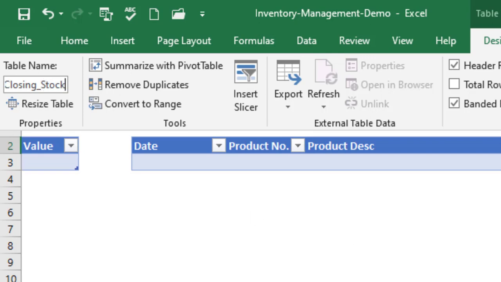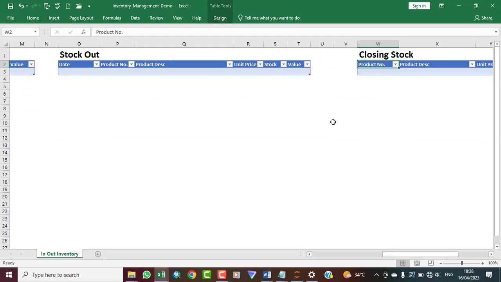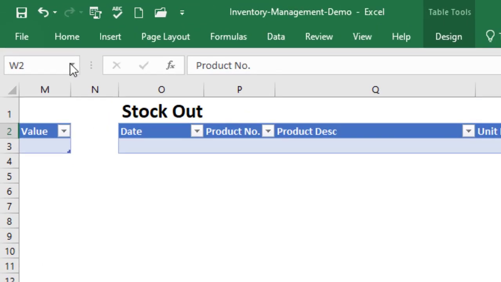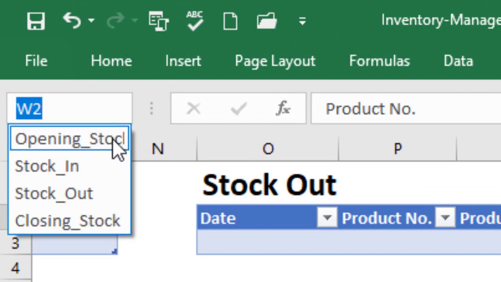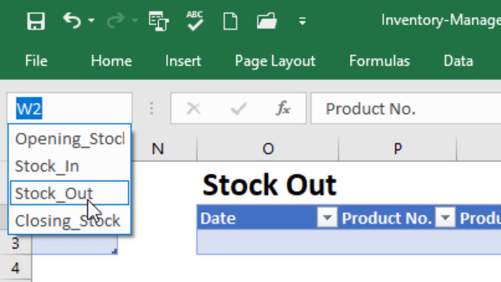So we have succeeded in creating 4 tables. If you are not sure if your tables were actually created, do this. Quickly click on this name box, and then you check. You can see opening stock, stock in, stock out, closing stock. So the 4 tables